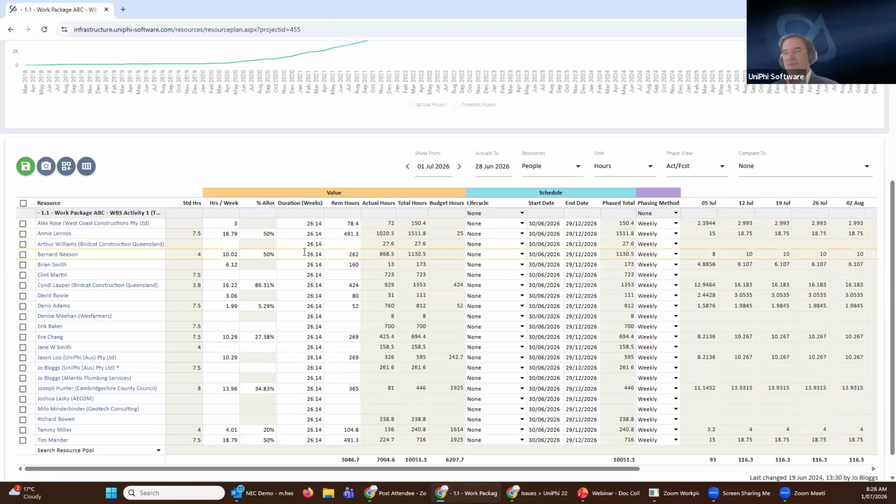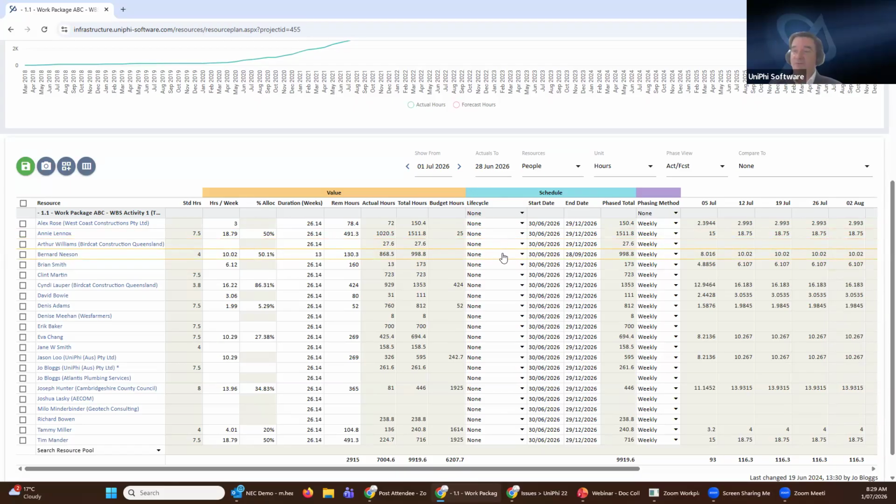If I was to change the duration here and say only 13 weeks, then his schedule changes from starting on the 30th of June to finishing on the 28th of September. Then saving that with the green icon here adjusts the phase data for Bernard. So that timeline is now finishing in September, where it would have been finishing in December. So person by person, again, a design lead managing their portfolio, their particular group of people, updating this information gives us that reforecasted bottom-up estimate.